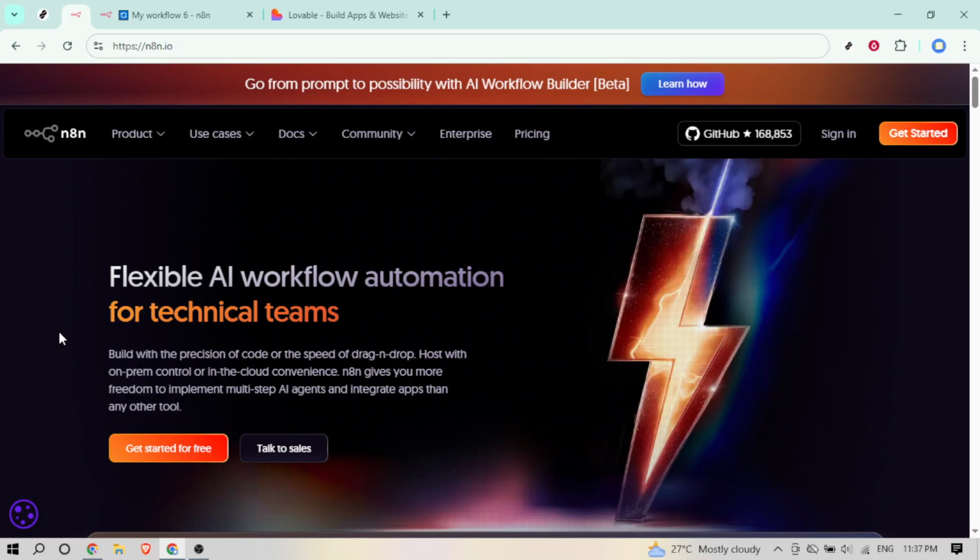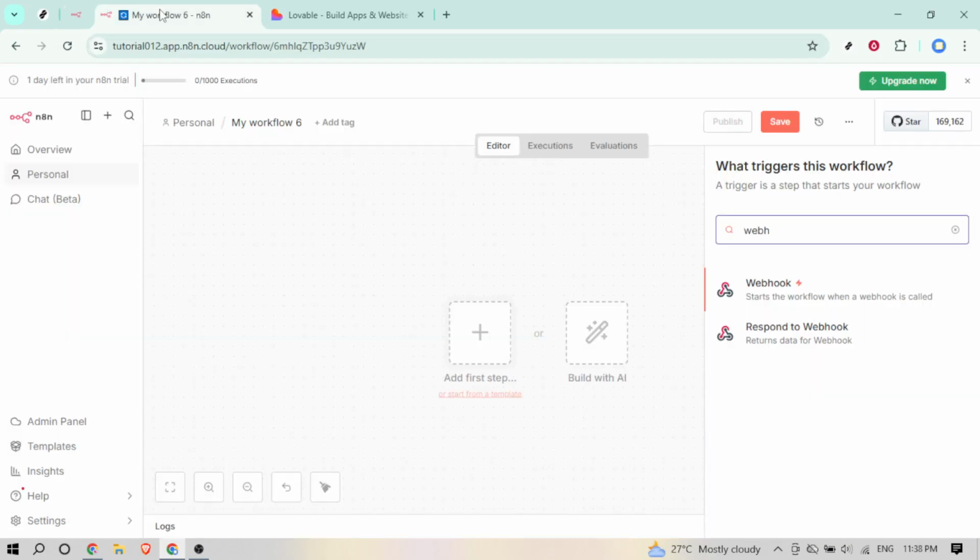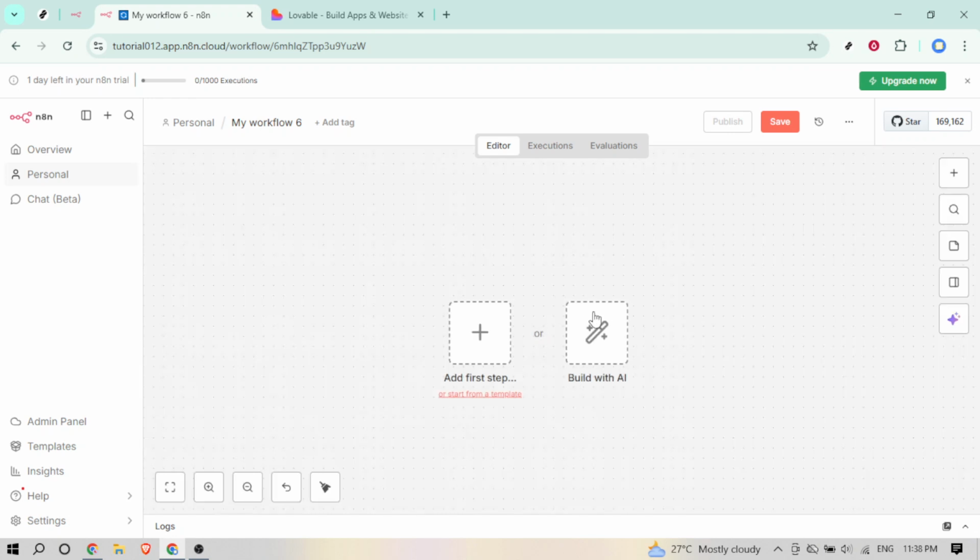Create a new workflow or open an existing project where this integration should live. You'll land on the workflow canvas, which is where everything happens. On the canvas, click the plus icon to add a node. In the search bar, type webhook and select the webhook node. This node will act as your trigger, listening for incoming HTTP requests from Lovable and handing that data to the